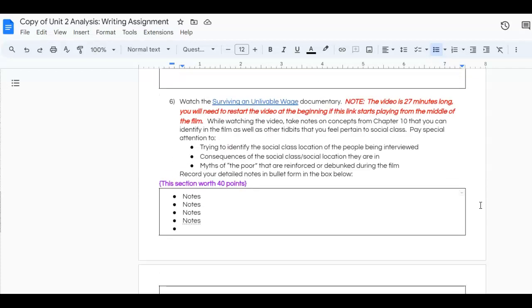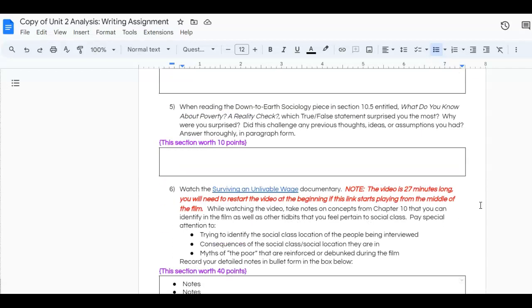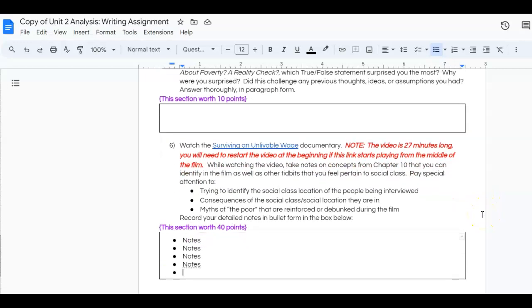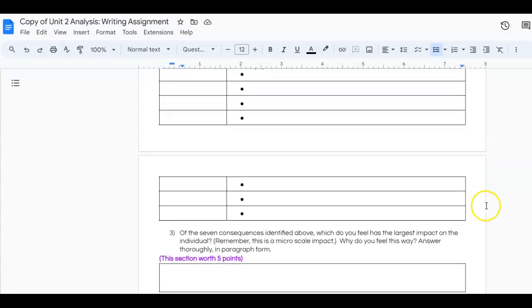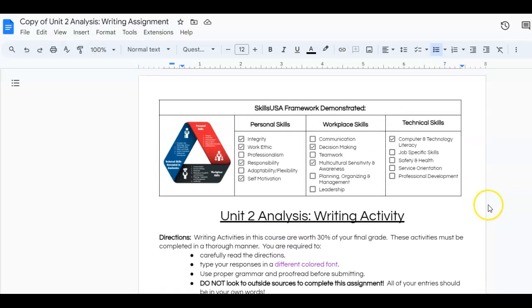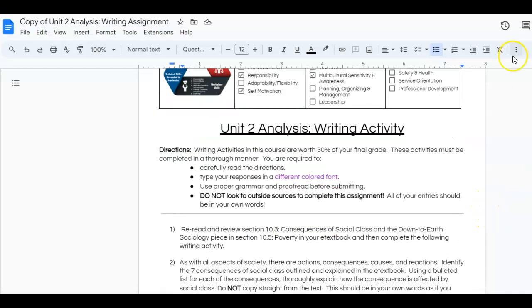That's it. That's all for Unit 2. So Unit 2 analysis is really kind of focusing on that aspect of social class, global stratification, those aspects that really truly do affect all pieces and parts of our global world, and make sure that that documentary is receiving lots and lots of your time and attention. All right, that is it for my directions for the Unit 2 writing analysis.